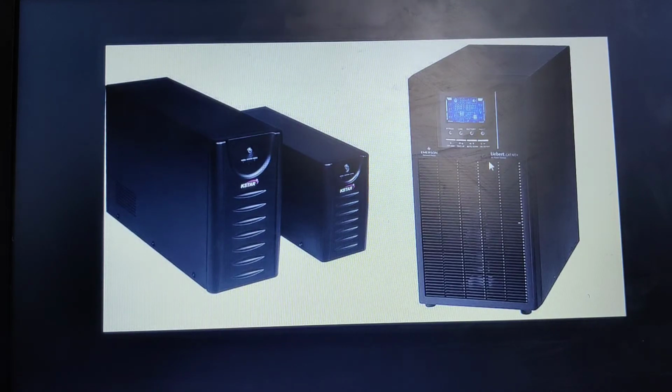Usually this online UPS is quite costlier comparatively to the offline UPS or the standby UPS. Usually a personal computer with a color monitor of 15 inches requires about 500 volt-amps, 500 VA. That much capacity of online UPS we need. Or if we are having up to a 17 inch PC, then a UPS of at least 600 volt-amps we require.